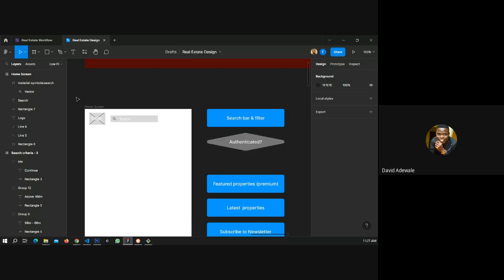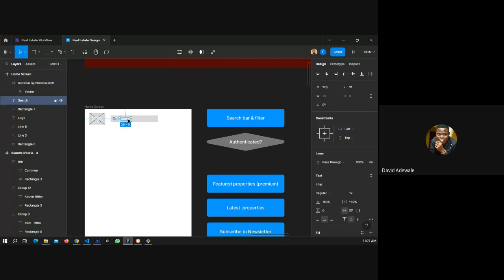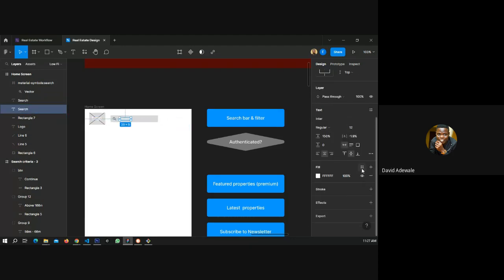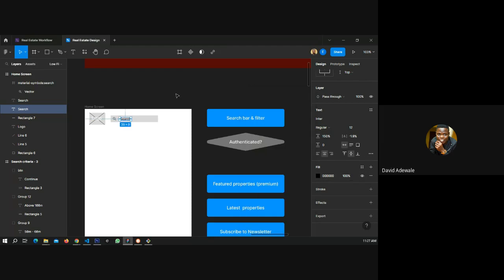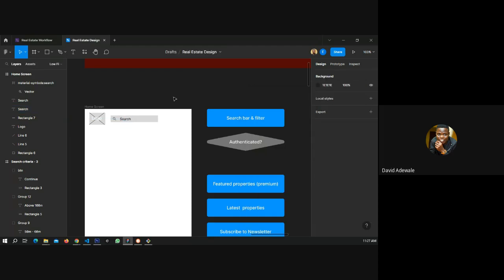What we just need to do is pick a text here. Probably this text should be black, I guess. Let me pick this document color black.